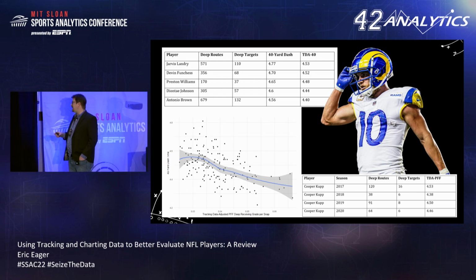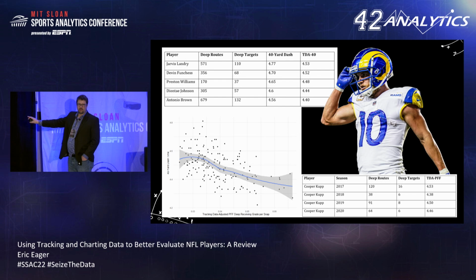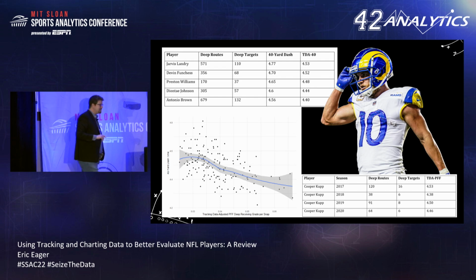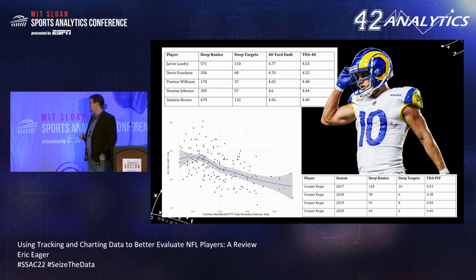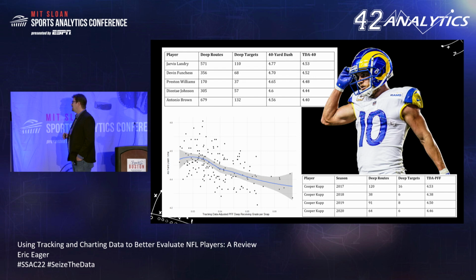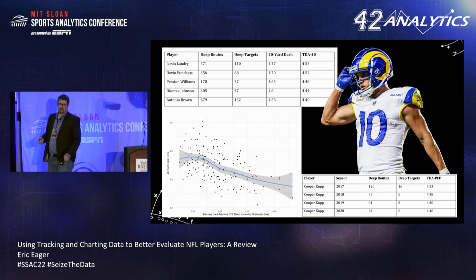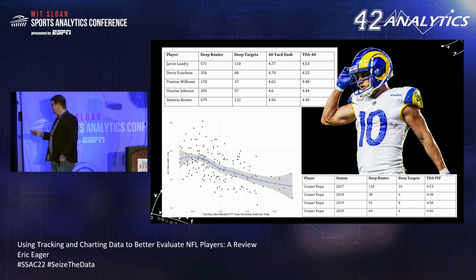And then Cooper Kupp. And I wrote this paper, I promise, before the Super Bowl. But over the years, he has been much faster than his 4.62 40-yard dash at the, I think it's Pro Day in 2017. So that's, again, another example of somebody whose on-field functional speed is much better than what he's timed at. And again, a time-varying representation of how athletic a player is versus the snapshot that we're getting this week